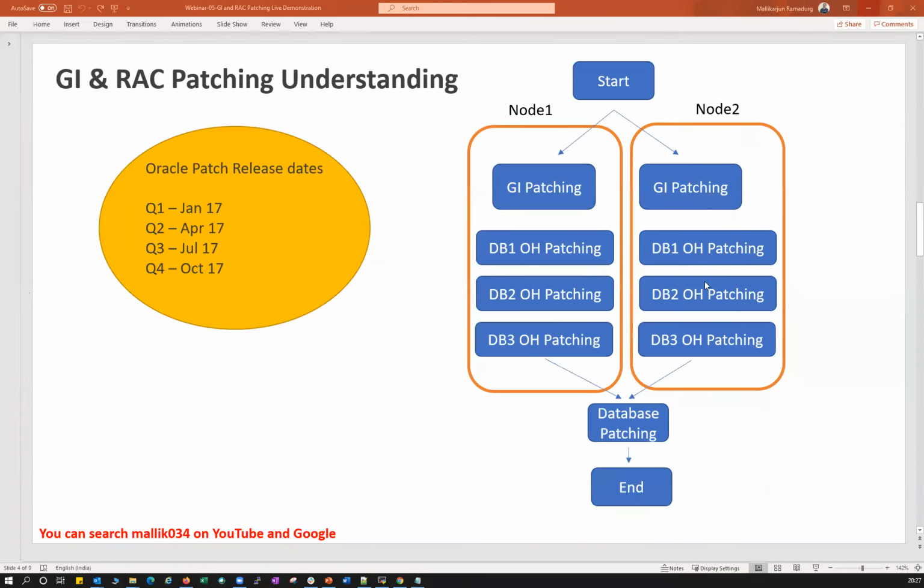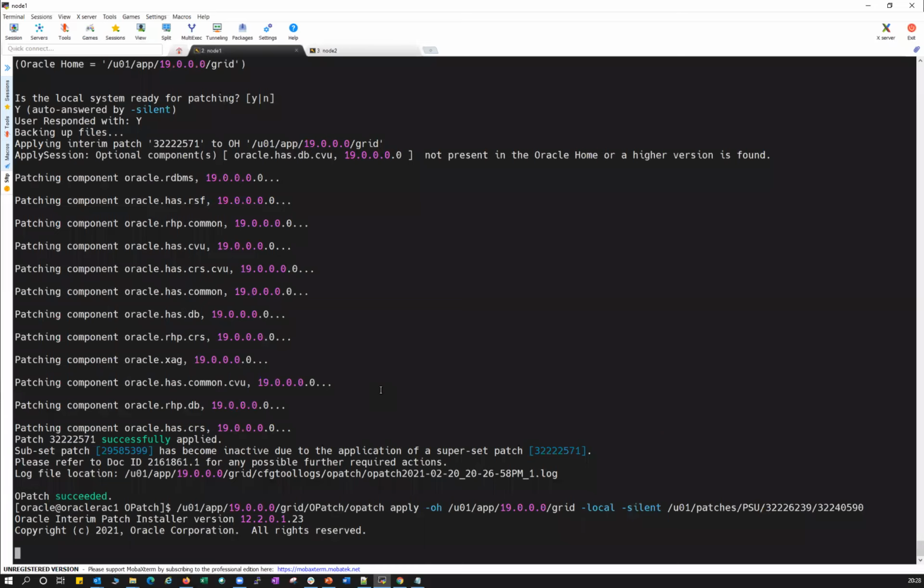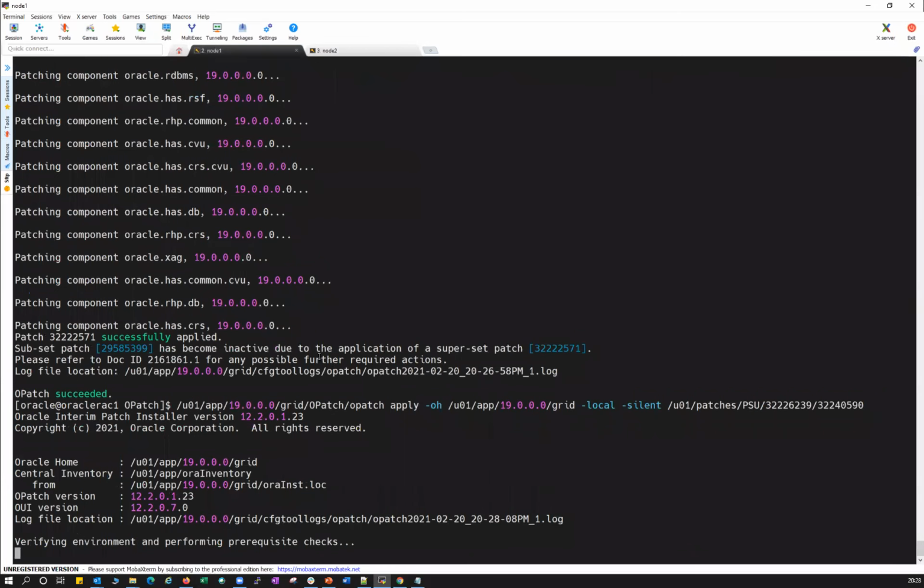Next day they will patch another node, and the next day another, however they want to do it. But until you patch all four nodes, you cannot make use of the security fixes. You have to patch all the four nodes, then only the fixes or security fixes will be applied at your database level. Without patching all your cluster nodes and without running data patch at your database level, there's no point running it on only one node or two nodes.